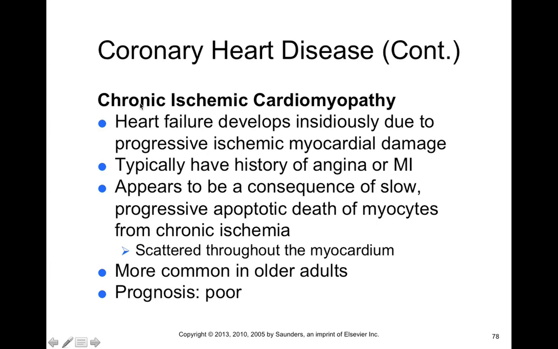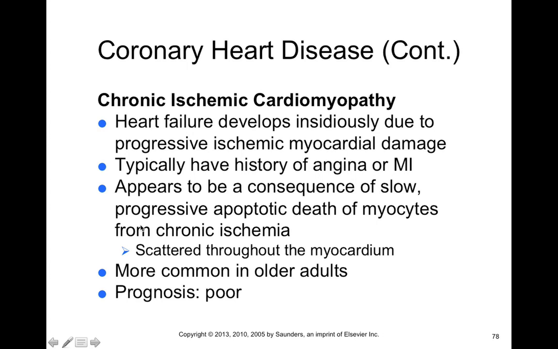You typically find chronic ischemic cardiomyopathy occurring in people who have a history of angina or myocardial infarction, and it appears to be more of a consequence of slow, progressive myocardial apoptotic death, which comes from chronic ischemia. This can occur in areas scattered throughout the myocardium. One of the ways this could be insidious is that if smaller blood vessels that only supply blood to very small areas of the myocardium become ischemic, it may not lead to any outward signs and symptoms right away,